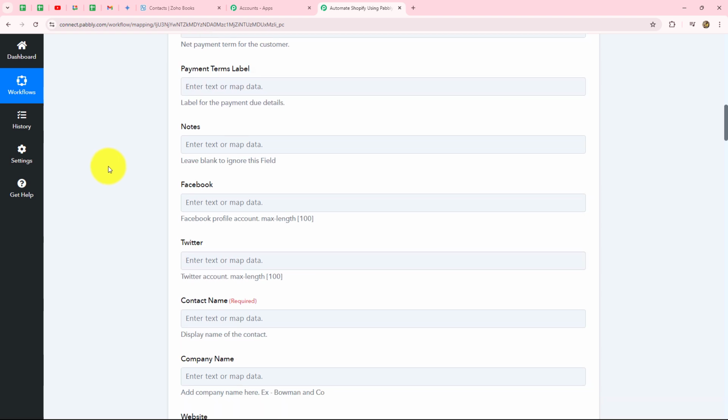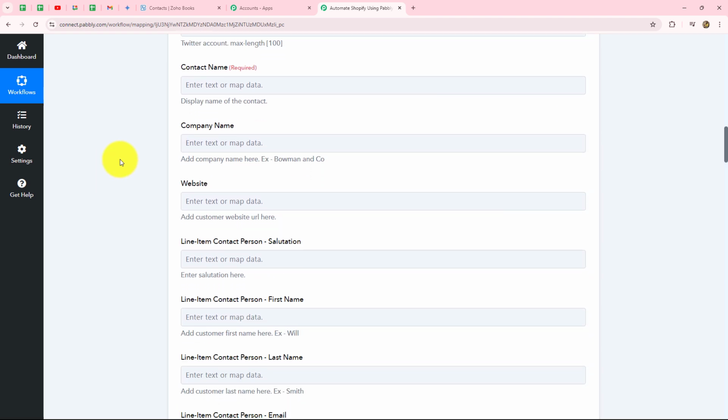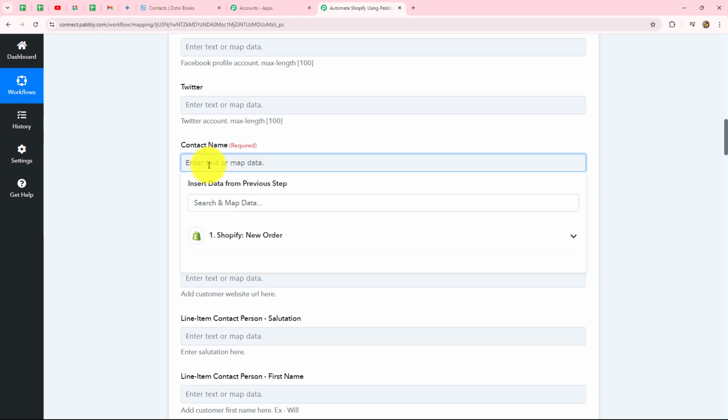Payment terms, I'm going to keep this field blank. Then we have some other details. So let's start with the name. Here you have to provide the name of the contact. As you know, because I'm using Shopify order as a response to create the contact in Zoho Books and I